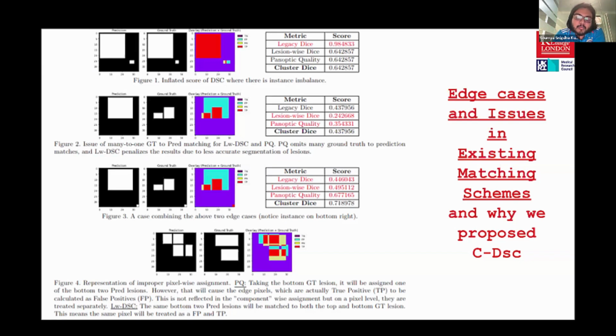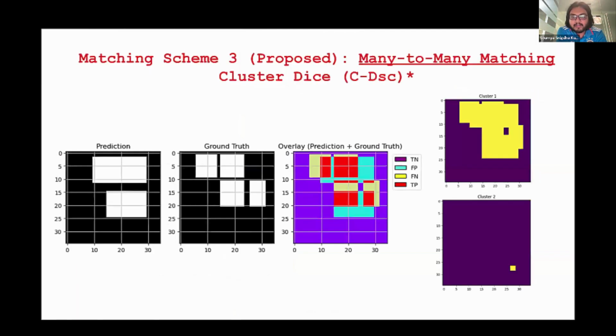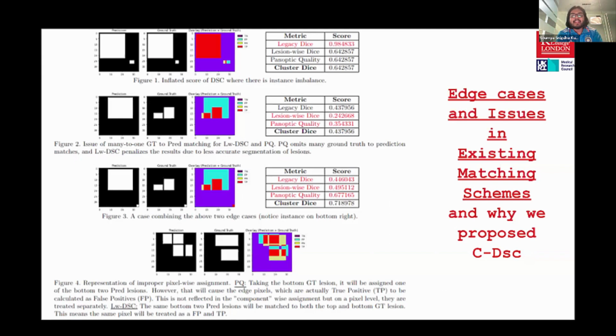And the last thing is our main motive. Going back to the whole idea of instances versus pixels, we're still on the pixel level. And if you see that in all of these matching criteria, you're always misassigning pixels. So in our case, if a pixel is actually a false positive, it remains a false positive. It doesn't suddenly become a true positive, and vice versa. And that's why I chose Figure 4 specifically, to explain that you're not misassigning pixels in